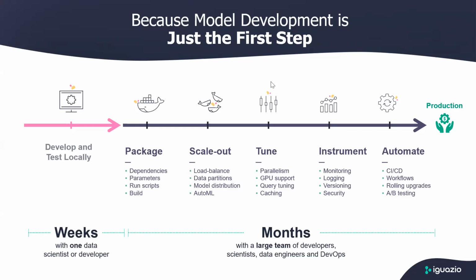You need logging, you need monitoring, you have to safeguard your data with security policies, you have to apply versioning to almost everything: data, code, and executions and experiments. And finally, you have to automate the process, so when there is a change in code, a change in data, or a change in an event like drifting of a model or other aspects, you have to automatically rebuild. You don't want to do this manually.